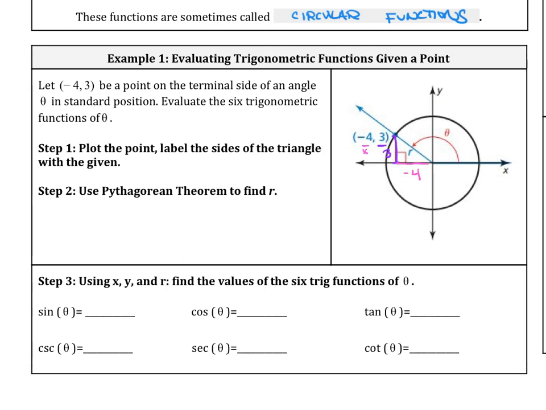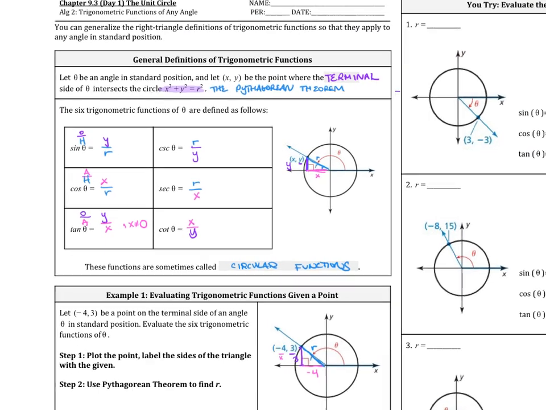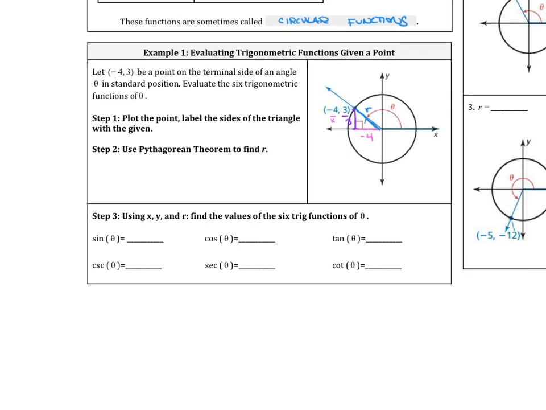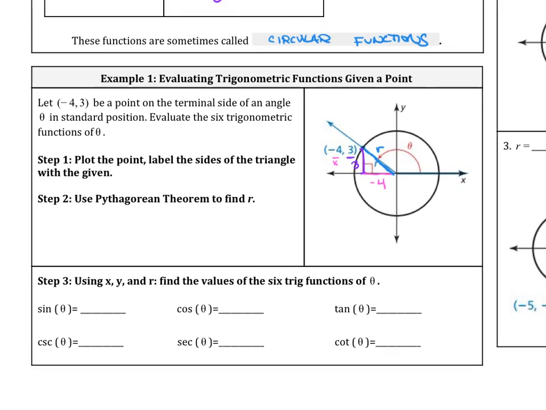Now, the only thing we don't know is r. So remember, all the way at the top, that we have x squared plus y squared equals r squared. In order to solve for r, we're going to use the Pythagorean Theorem. So let's do that. Let's say r squared equals x squared